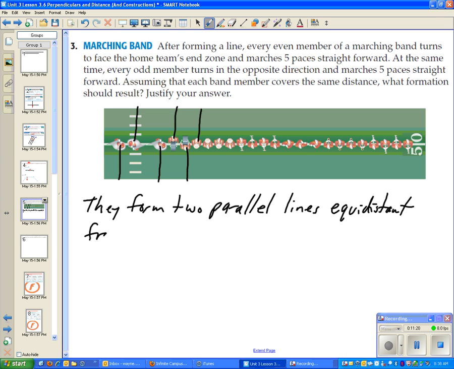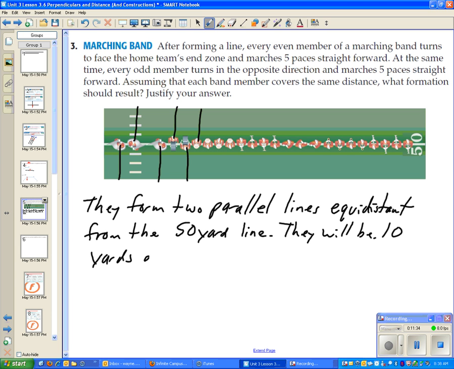equidistant from the 50-yard line. They will be 10 yards apart. All right, the justification for our answer would be